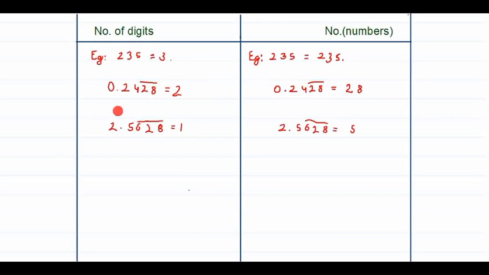And in this case we are asked to find the digit which isn't having bar over it. So you can see that 5 isn't having bar over it and it is only 1. The digit is only 1. So the number of digit will be 1. And the number which isn't having bar over it is 5. So guys, I hope that you are clear with number of digits and numbers.